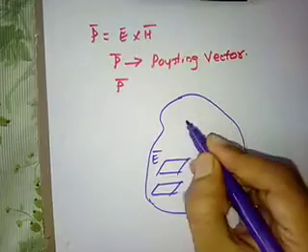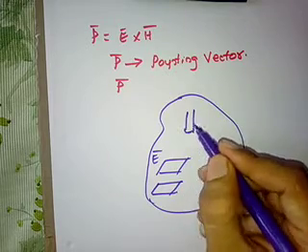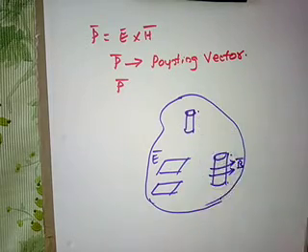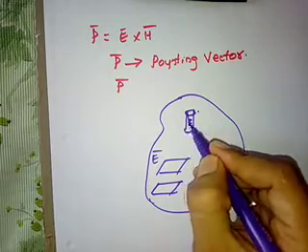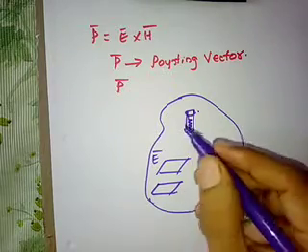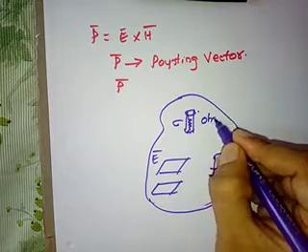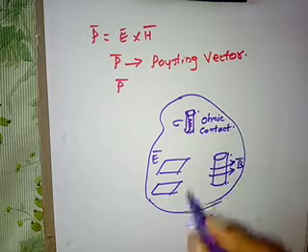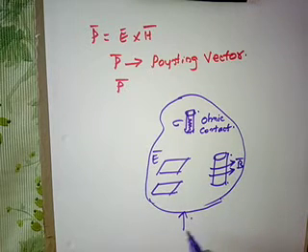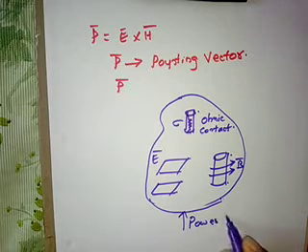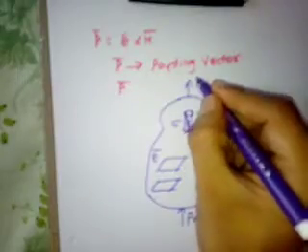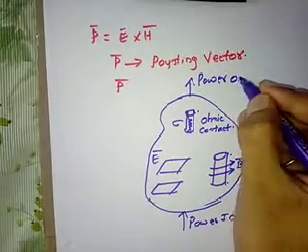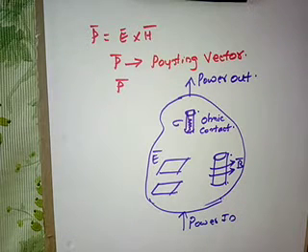Then we have the ohmic losses. Ohmic losses are the resistance drops due to the conductor. So this is the ohmic loss, with conductivity sigma. So power in is equal to power out, correct, according to the law of conservation of energy. Right. So here we define the Poynting theorem as